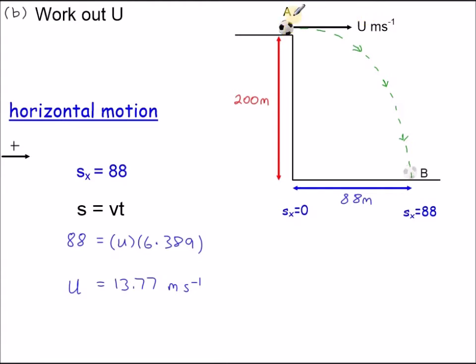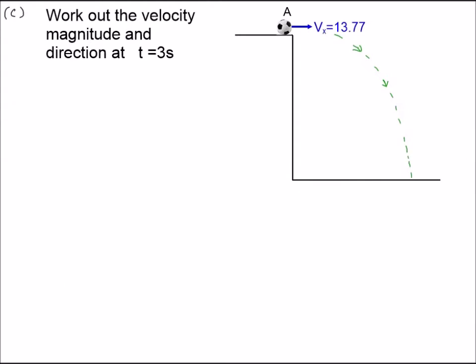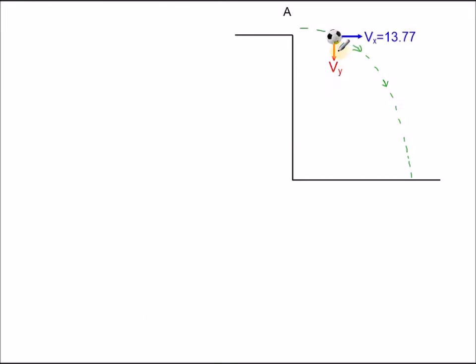And once again, there was no vertical velocity component, so what we have is u is equal to ux. Part C, to work out velocity, magnitude and direction when t equals 3 seconds. So initially the ball is here, it has a horizontal velocity component of 13.77 meters per second, and that value doesn't change horizontally. As the ball moves, it picks up a vertical velocity component because it's moving downwards as well as horizontal, and that velocity component vertically gets larger,